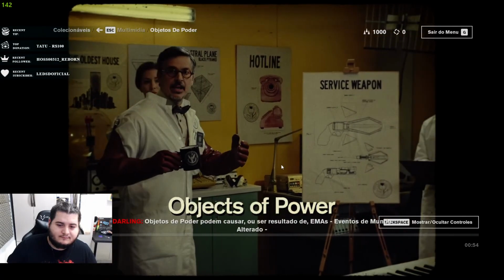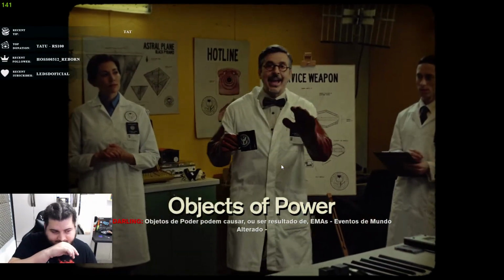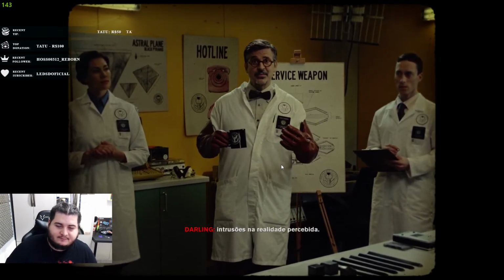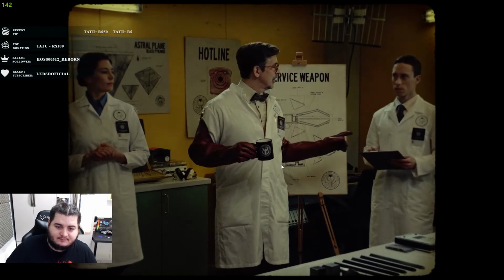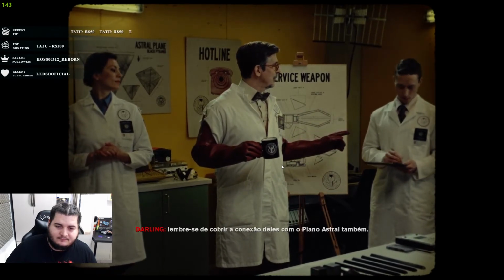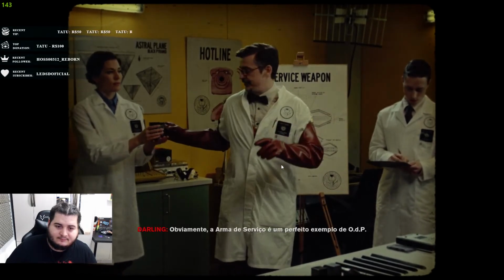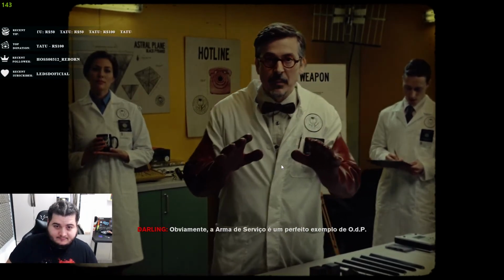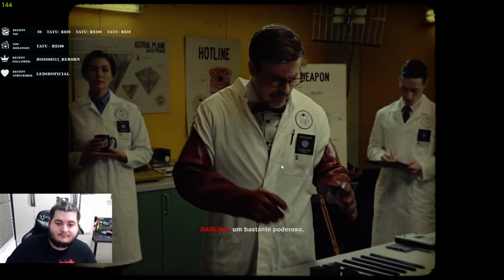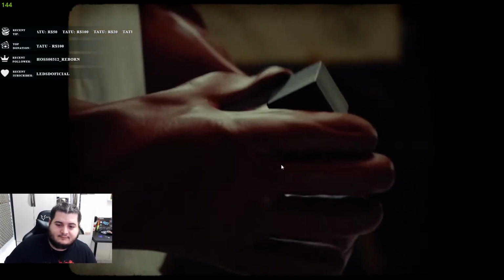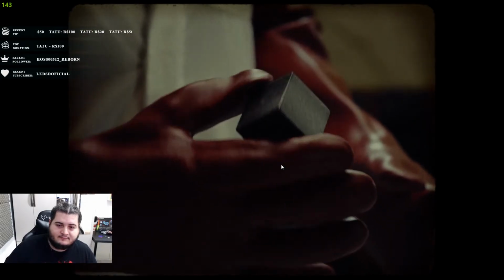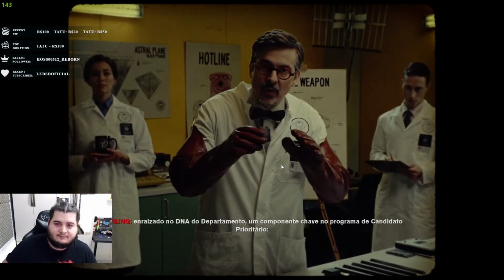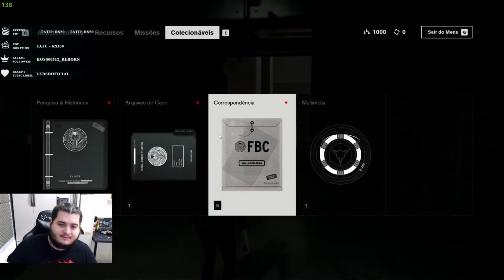Objects of power can cause or be results of AWE's altered world events, intrusions upon the perceived reality. A side note, remember to cover their connection to the astral plane as well. Now, the service weapon is, of course, a prime example of an OOP, a very powerful one. Ingrained in the Bureau's DNA, a key component in